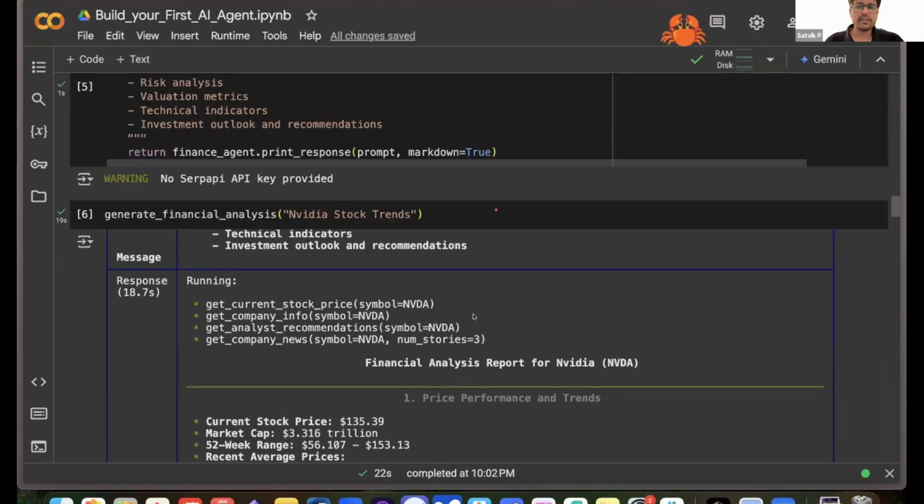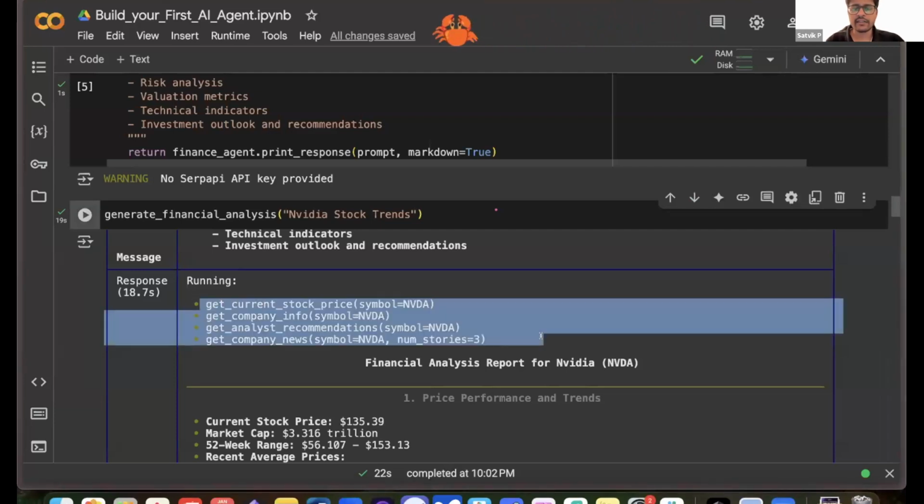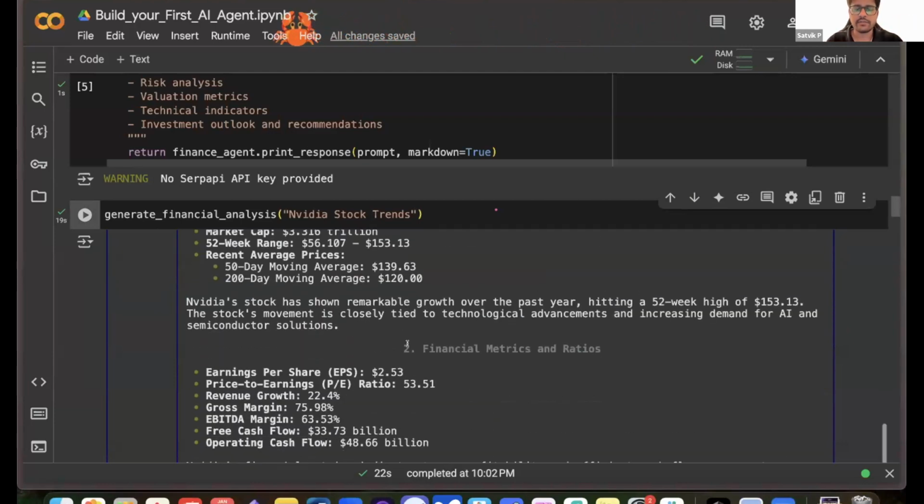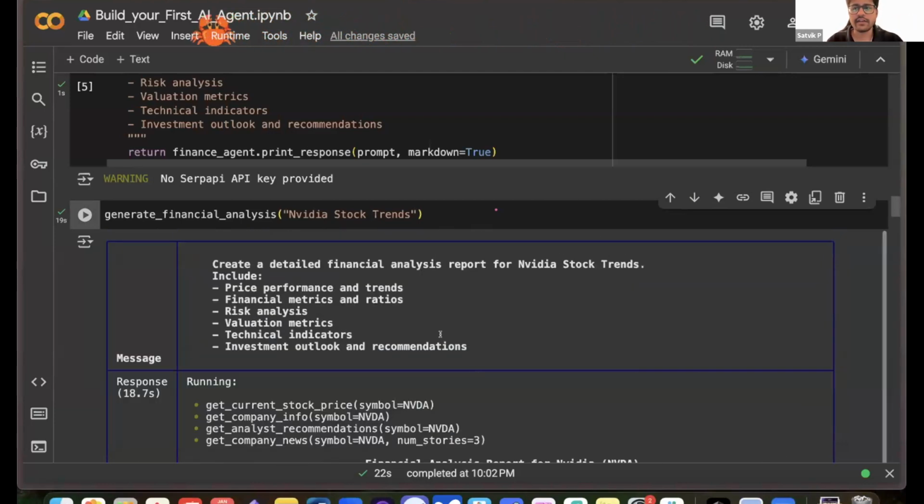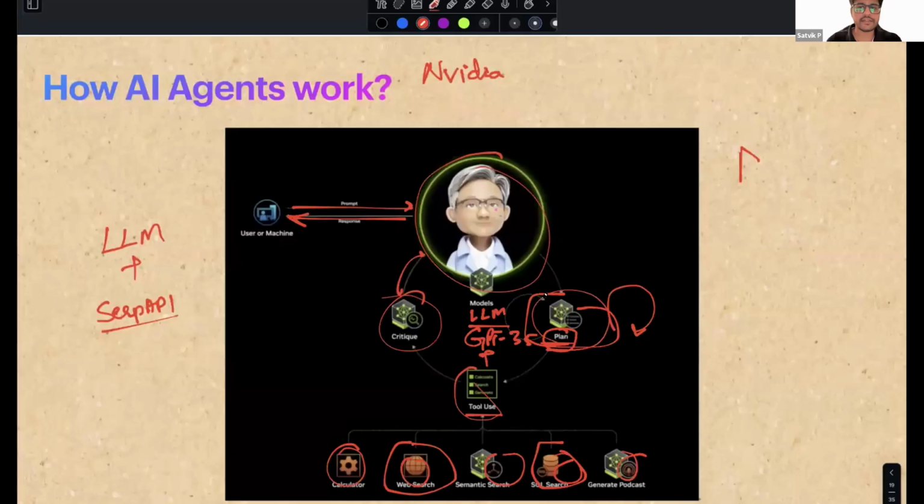Yes, so the GPT model in here is the engine entirely. The GPT model is thinking this. The GPT model is the one writing these queries. It takes the information and summarizes it for us in this report. So it is the one doing everything. I'll take a few more questions, but with this, I just want to quickly conclude